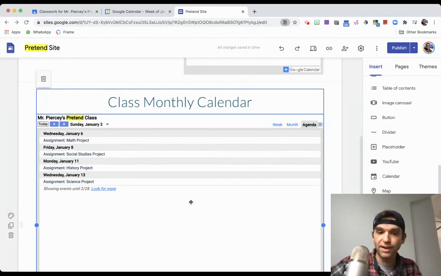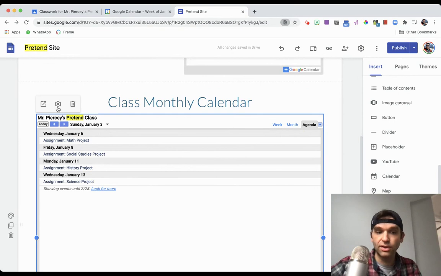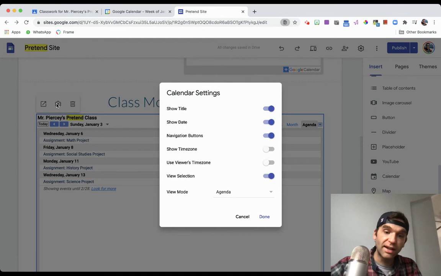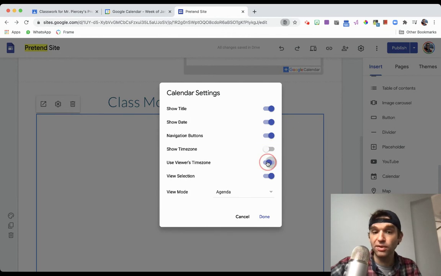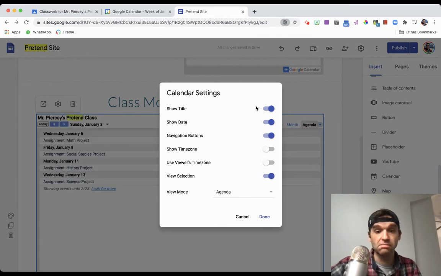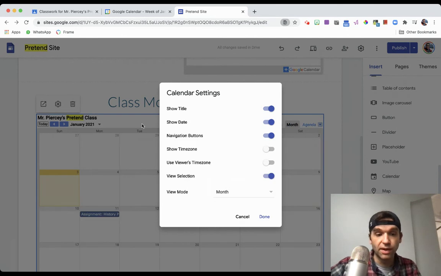And if you notice, you're like, that's still in agenda view. So here's what you can do. You can double click on this till you see this little gear appear up here that says settings. You can click that gear. And then here you can customize it. You can choose to show the time zone, maybe the viewer's time zone. You can show the date, title, whatever you want. But the little magic button that you want is this one right here that says agenda. Click that, change it to the month view. You'll see it switches behind, and then just go ahead and press